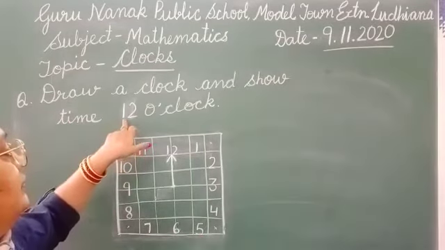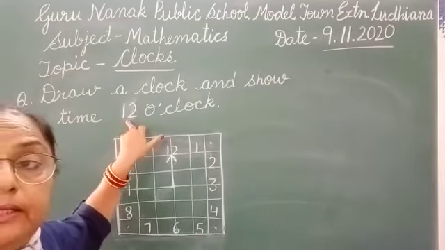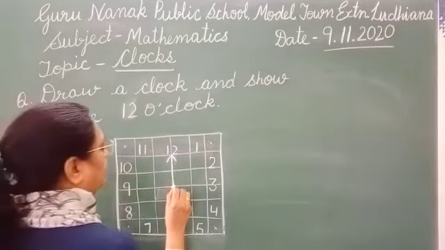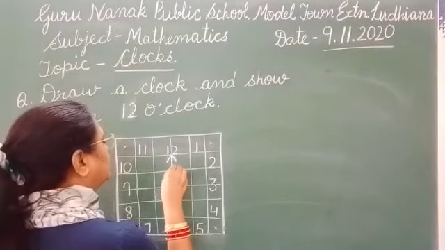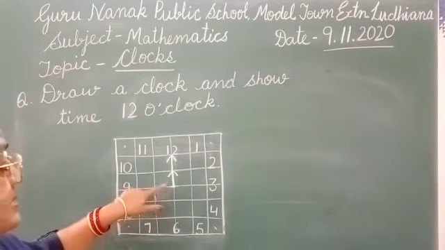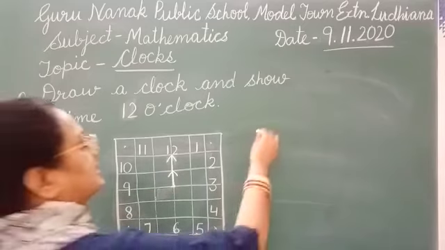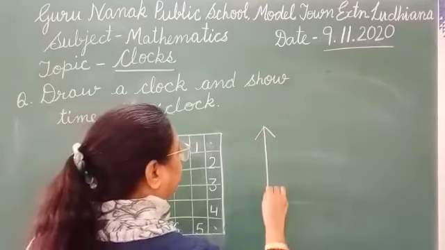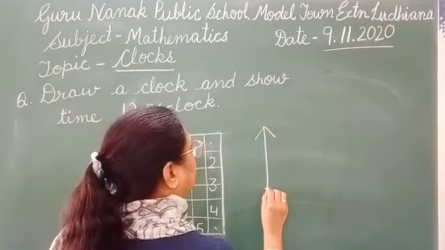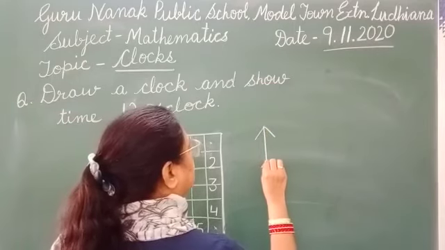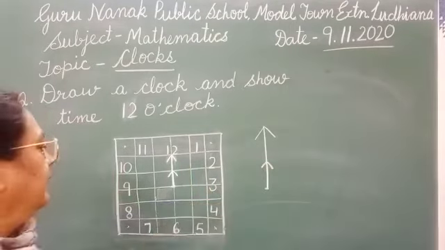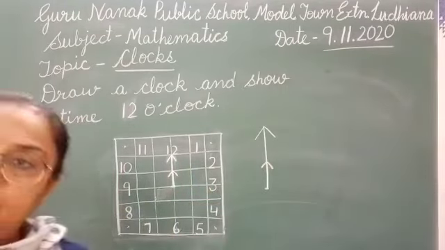Then now we will see this 12 o'clock. The short hand is again towards 12 o'clock. So again a line is already there. Using one box, put an arrow. This is the small hand. It overlaps. Just like this is the big hand, the small hand is moving and coming on this. The small hand is of small size, it will come on it, only this will be, the arrow will be seen.